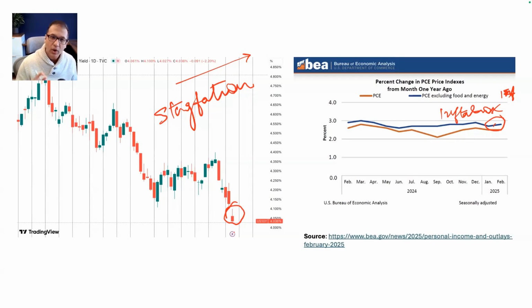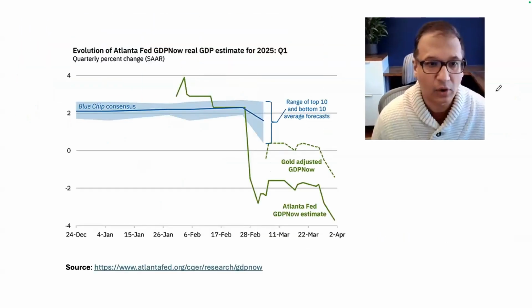But this leads us to another very important question, which is that if the yields are falling and the inflation is still high, what does it mean for the overall economic growth? And to answer that, we have to turn to one of our other very important real-time economic indicators, and that's called GDP. The Atlanta Fed, that I mentioned in my recent podcasts, is one of the Federal Reserve banks that monitors the movement of the GDP in real time. So how's that behaving? Let's have a look.